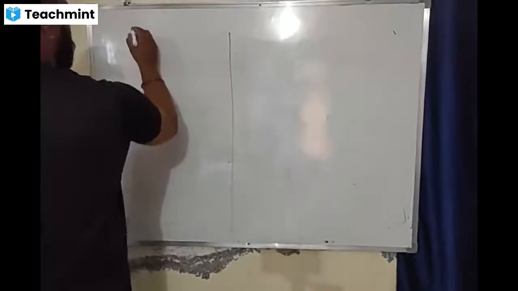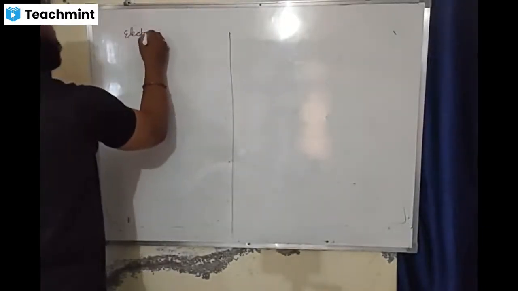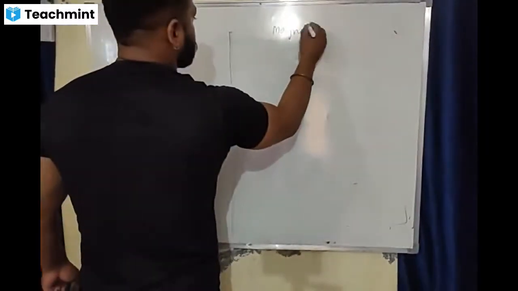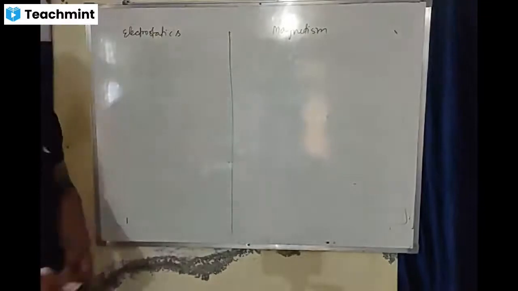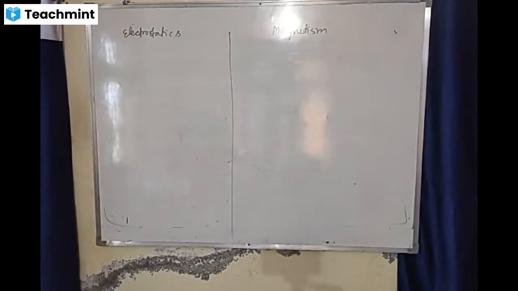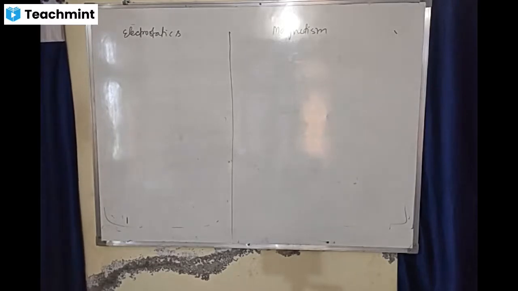First of all, we are talking about electrostatics, and here we are talking about magnetism. We are comparing the analogy between electrostatics and magnetism. They are related to each other somewhere. Whichever phenomena we discussed already in the case of electrostatics, the same thing we are going to discuss in the case of magnetism. But that part is already removed from the syllabus, that's why I am not going to discuss it. But I just want to tell you the similarities.